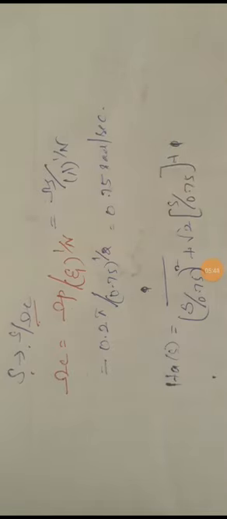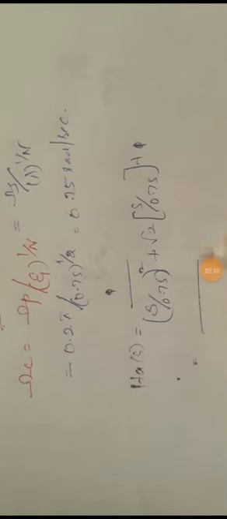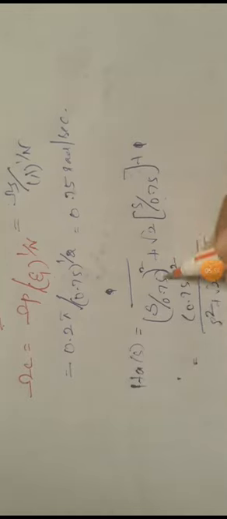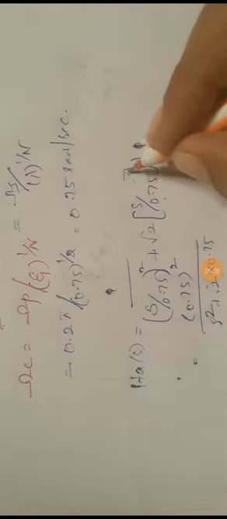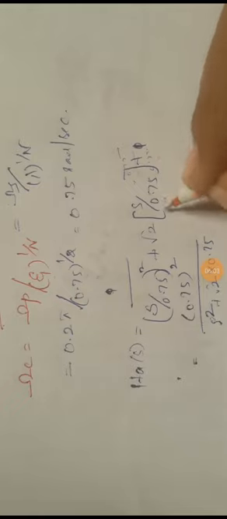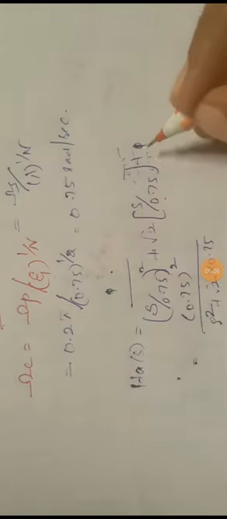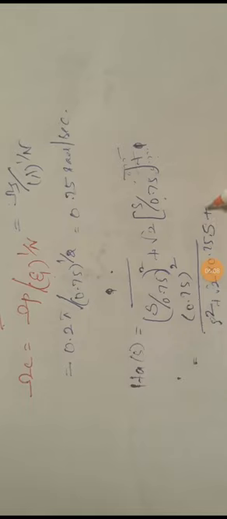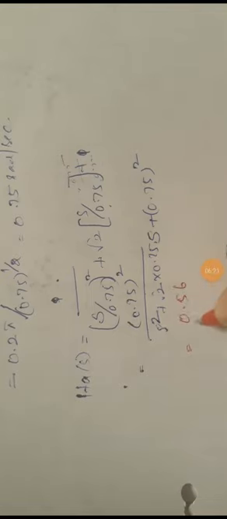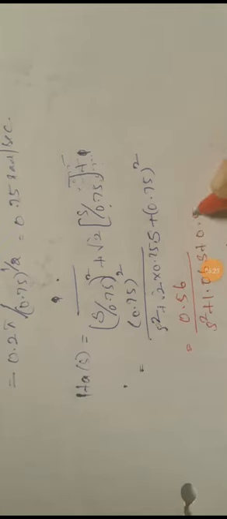In the next step, you have to bring that 0.75 to the numerator, 0.75 whole square. So on bringing that, it is s square plus square root of 2 into 0.75. Here it is only 0.75, so multiply and divide by 0.75 so that you get 0.75 at the denominator, so that you can take that to the numerator. For the constant term, you are having nothing, so it is 0.75 the whole square. After finding this, you have to solve: 0.75 the whole square is 0.56, over s square plus 1.06 s plus 0.56.